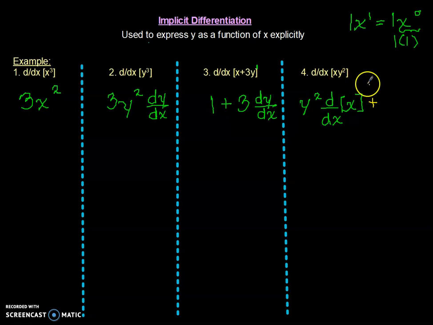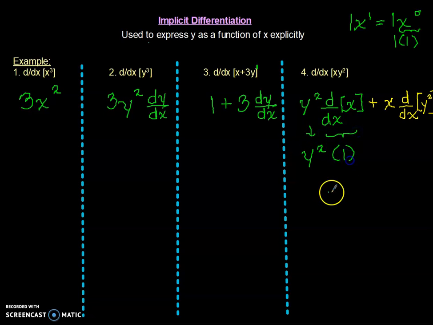So now for the second step, I'm going to treat the x like it's a constant. And I'm going to note that I'm supposed to derive with respect to x, but it's just y squared. So it looks a little bit more difficult than it actually is. You're just doing what you did before, but all in one problem. So for instance, the derivative of x, we already did this, is just 1. So this is y squared, I'm just going to bring that down, and the derivative of x is just 1, which just gives me y squared. And then plus,